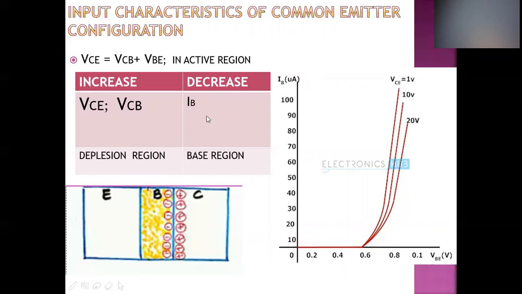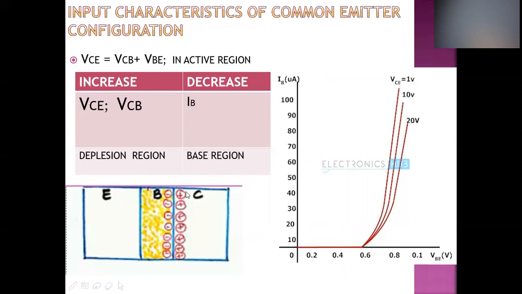This is due to the equation VCE is equal to VCB plus VBE in the active region, that is the collector to emitter voltage is equal to collector to base voltage plus base to emitter voltage. So when we increase VCE, the VCB also increases, and as it increases, the depletion region